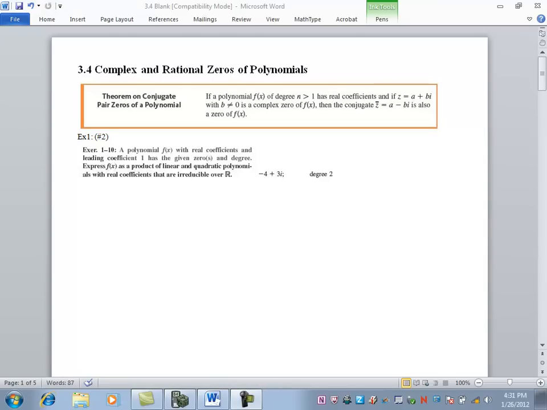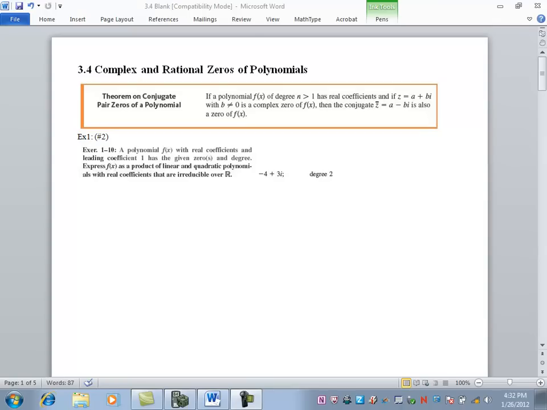Welcome as we continue our study of polynomials, looking today at complex and rational zeros of polynomials. You guys have talked about roots and zeros of polynomials for a while now, of course, but maybe it's just kind of soaking in that sometimes there are numbers that make polynomials equal zero that are complex numbers. In fact, we have a theorem on conjugate pair zeros of a polynomial, kind of an awkward name here, but